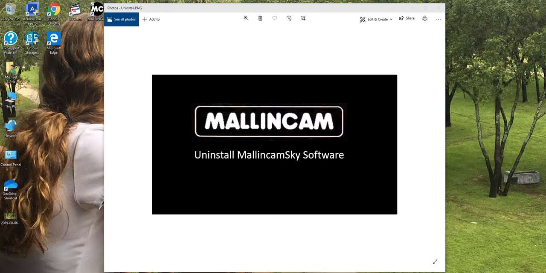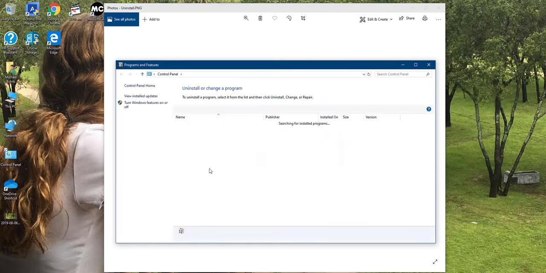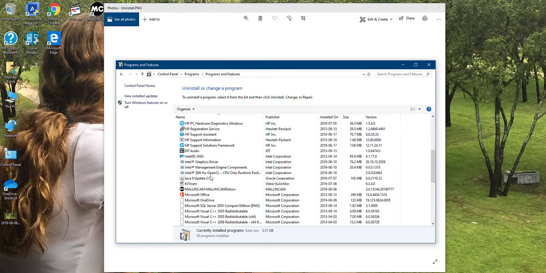The first thing we should do is, if MallincamSky is running, stop the program and then unplug your camera. Most people uninstall by simply going to the control panel, so I'll open that up and go to uninstall. You scroll down and it's alphabetical, and you should normally have Mallincam DirectShow and the MallincamSky driver, but for some reason on my machine I'm only seeing the Mallincam DirectShow,